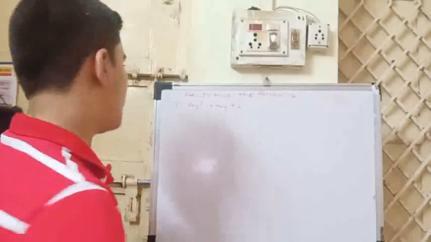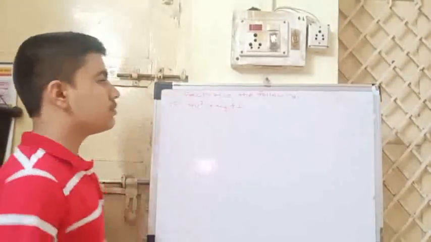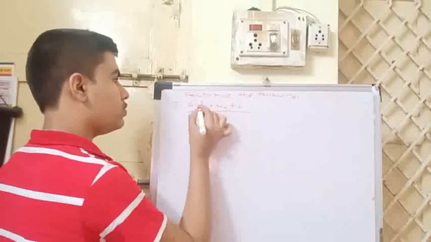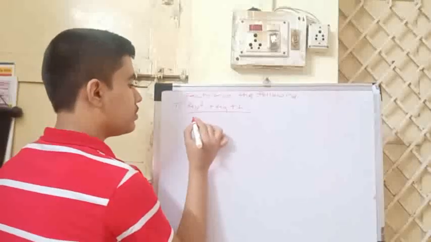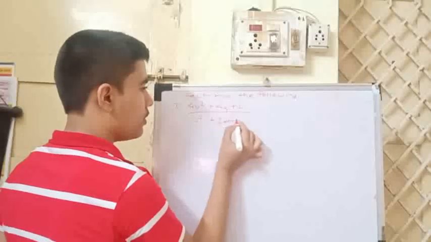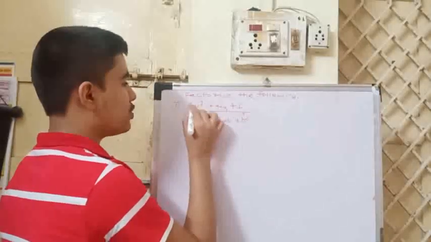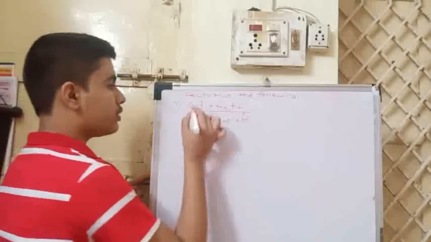So the first problem is 4y square plus 4y plus 1. First we have to see in which property it fits. Here I can see the square and all the signs are plus, so a square plus 2ab plus b square. Now for b square, 1 is a square, 4 is also a square, y square is also a square. So I will check whether it is correct or not.